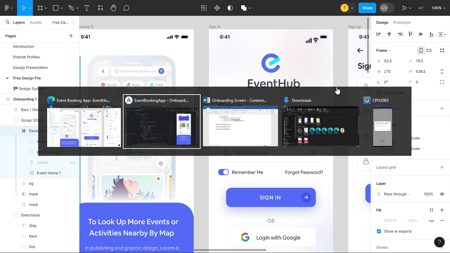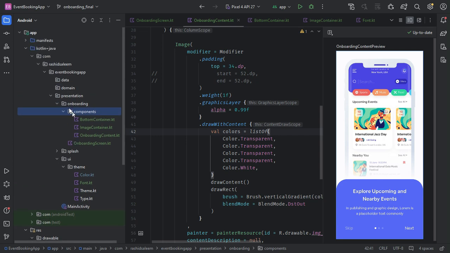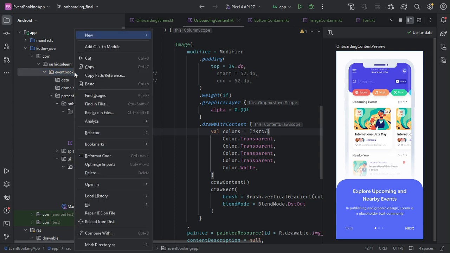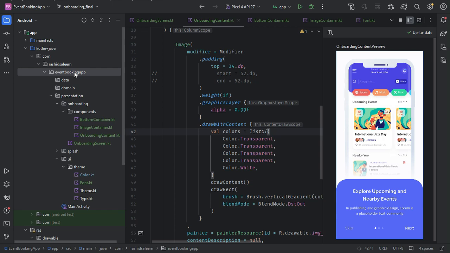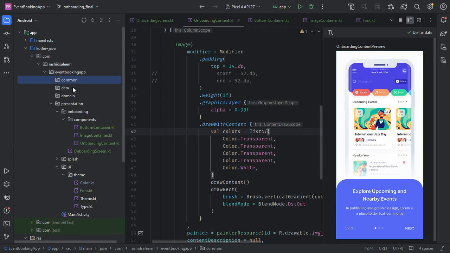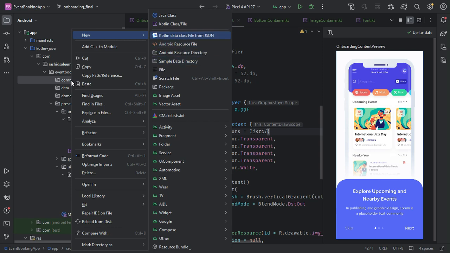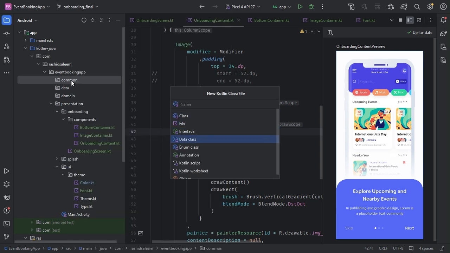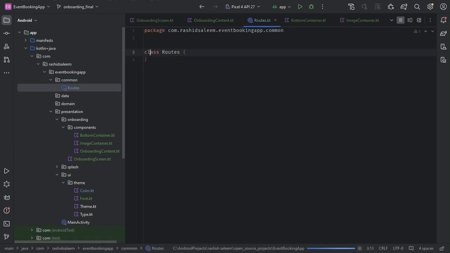So for navigation, we will go to our presentation layer. Here we will create another package named common, and in which we will create another object class, routes, make it as object,